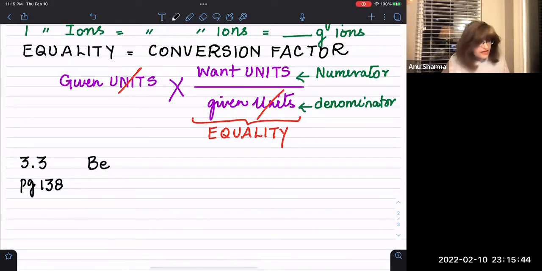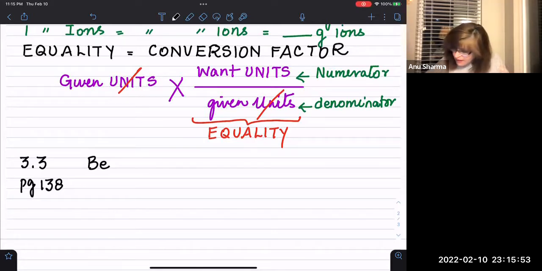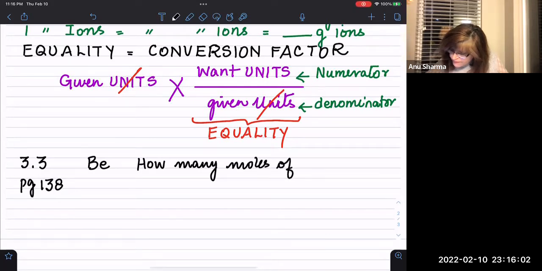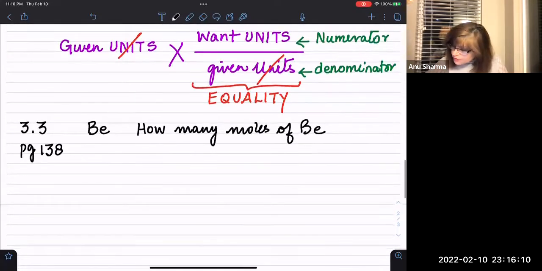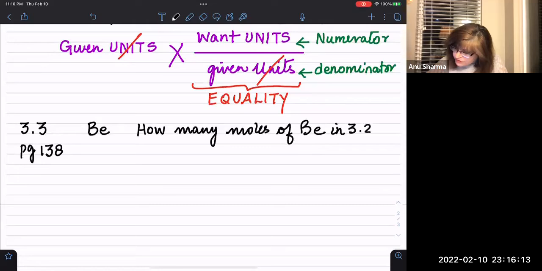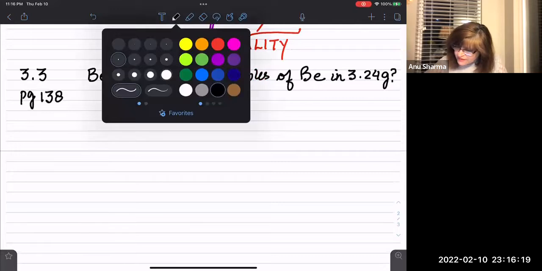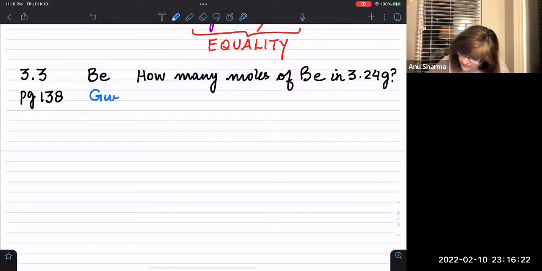Beryllium is a light metal used to fabricate transparent X-ray windows for medical imaging instruments. How many moles of beryllium are in a thin foil window weighing 3.24 grams? So in other words, the given is the grams of beryllium,